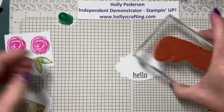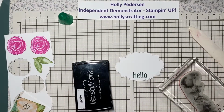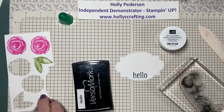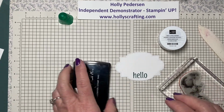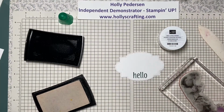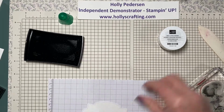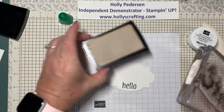Okay, so we're going to use the big swirly background image stamp with Versamark ink. I have my heat and stick powder here ready to go, and my gold leafing is right by my side as well. So the first thing we're going to do is, I don't want this Versamark to go on my background paper, so I'm just going to tear off a grid sheet from the Stamparatus, the little small grid sheets. And then I'm going to ink up